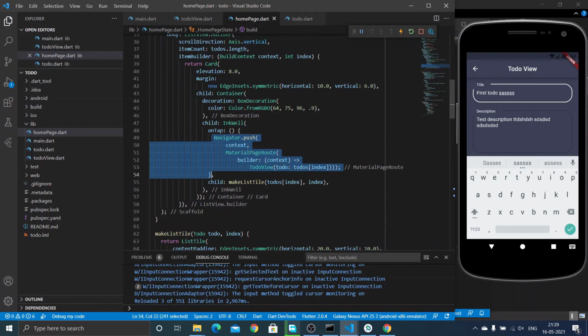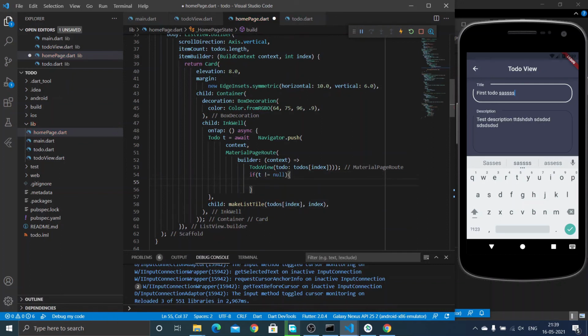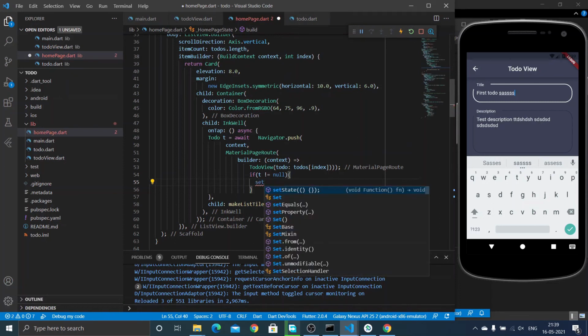So to receive that we write the code in our navigator.push. This code was written, we were returning this just a minute ago, and you can see that we are going to receive that to do variable in a temporary to do variable, let's say toDoT. And we are going to check if the returned to do is null or not, because sometimes the user doesn't modify anything and returns simply, so we must look after it. Okay, so I'm going to check whether it's null or not.